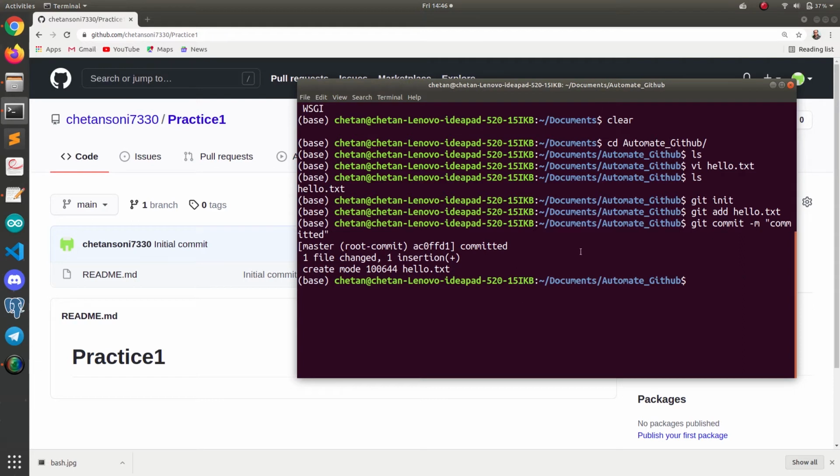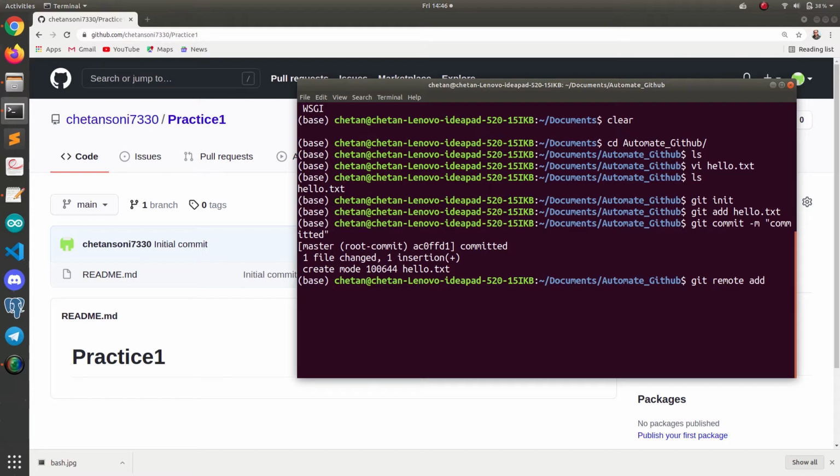Now we have to push this file to the repository. We also have to write the remote name and give the remote URL. So we can do git remote add, and then write any short name for our remote repository.